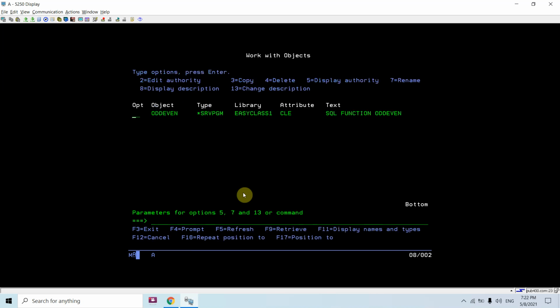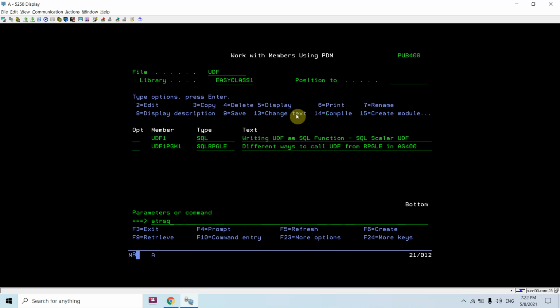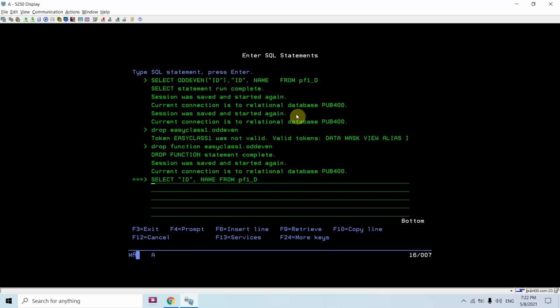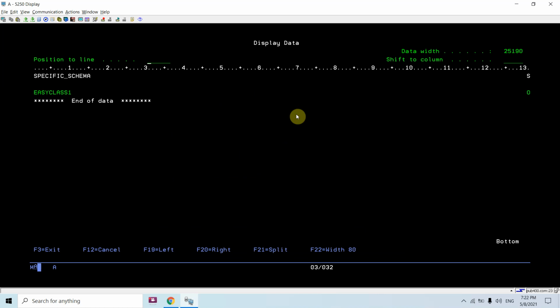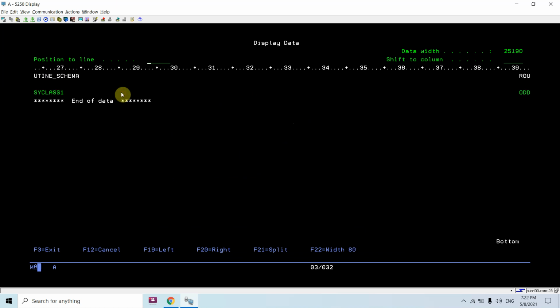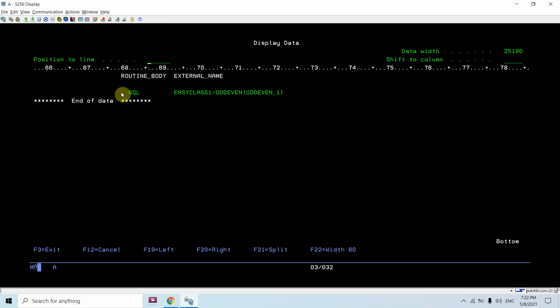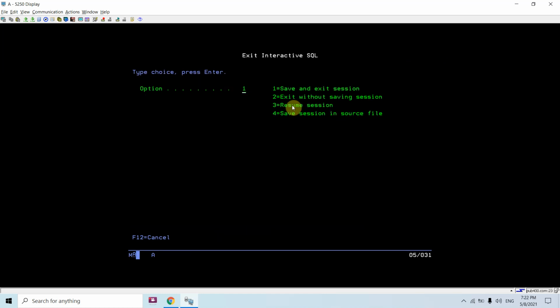For that, a service program object gets created of attribute CLE, and we can check the same here as well. In the table qsys2.sysfunc, you can see that the function is created now, and it's an SQL function calling the service program odd even and the procedure inside that.